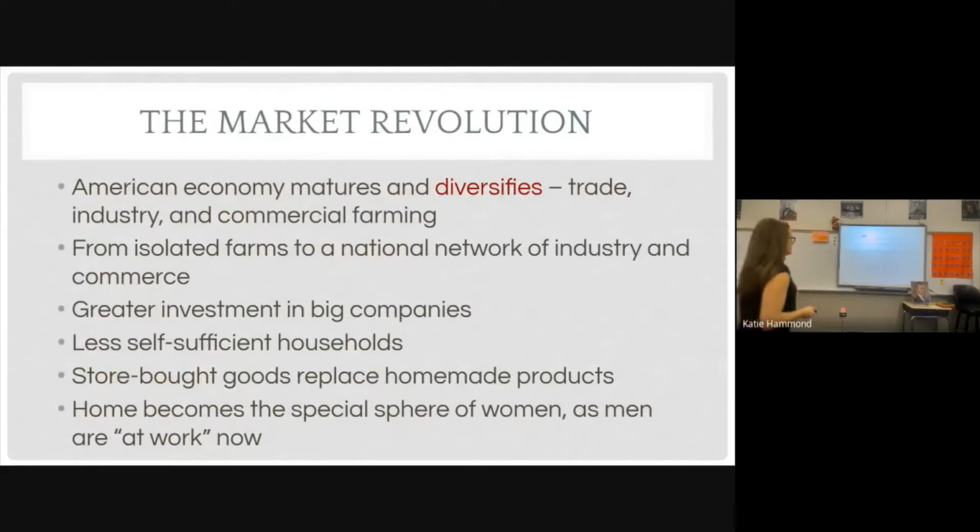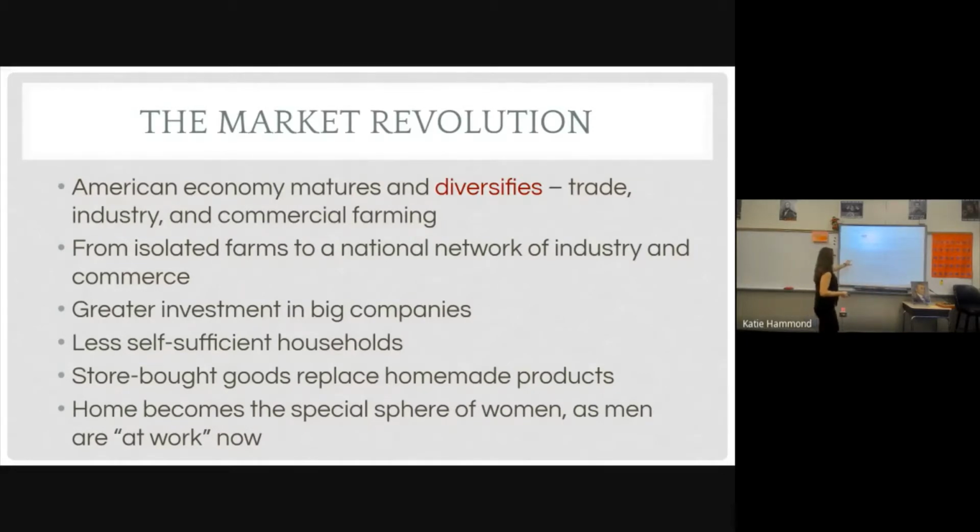Okay, so the market revolution. During this time, in antebellum America, early 1800s, our economy will diversify, meaning, when you think about certain countries, you think about one main type of commodity. Okay, America is not that. America has a diversified economy. In some areas, they're known for trading, like importing, exporting, and shipbuilding. Some places it's about commercial farming, growing extra to sell as cash crops. Some places it's about industry, like textiles. So during this market revolution, we will have a very diversified economy.